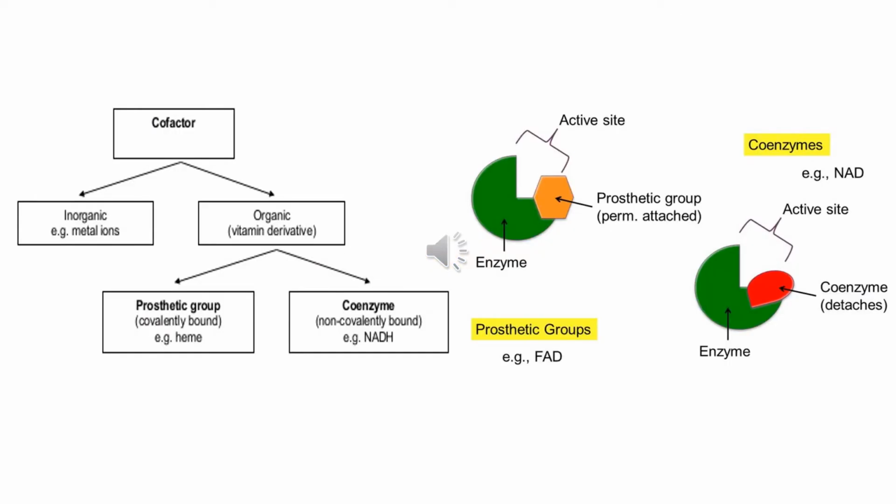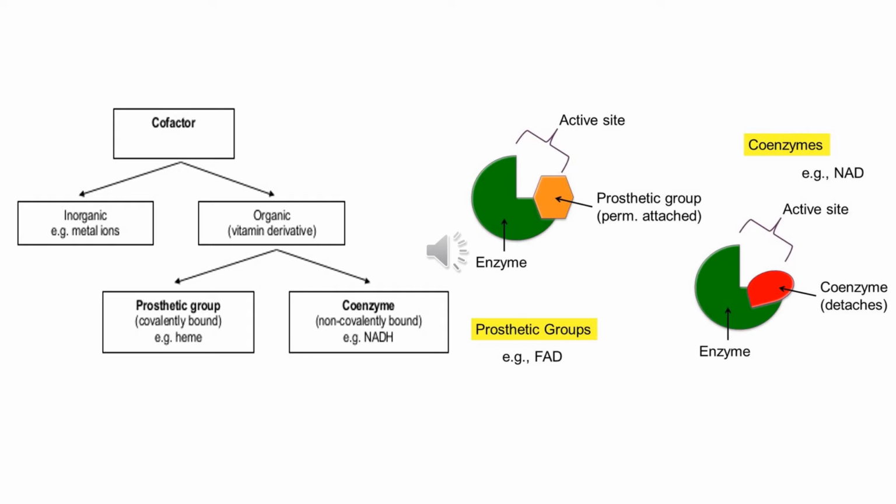Here we have cofactors and their classification. As you can see, cofactors can be organic or inorganic. The ones which are organic have a prosthetic group, which is tightly bound with the help of a covalent bond to the organic cofactor. Like you can see the FAD or flavin cofactor in the figure on the right side. The heme group of hemoglobin and myoglobin are also prosthetic groups that we discussed in the globular protein series.